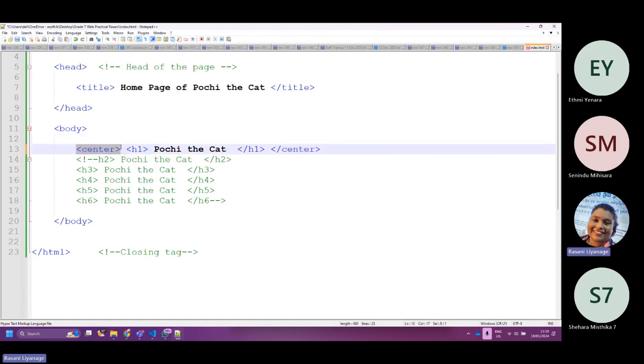We want to center the H1, Poochie the cat.